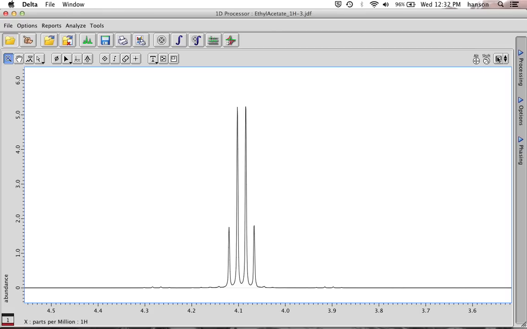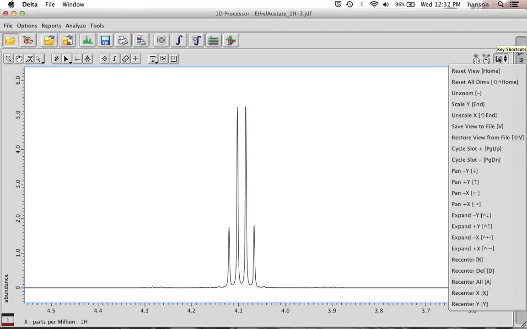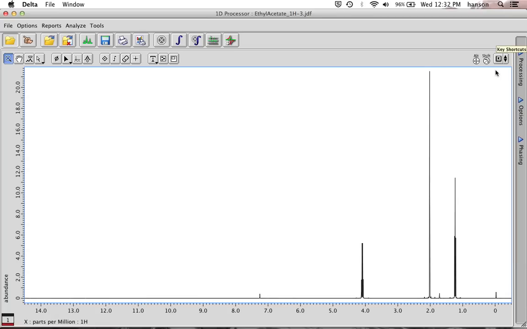If you ever get lost and you just want to see the full spectrum, you can do that by going and saying Reset View, which would be the home key. If you've got a PC, my Mac doesn't have a home key, so I have to do that through that shortcut there. Okay, so here's the spectra that I've gotten off of the NMR,